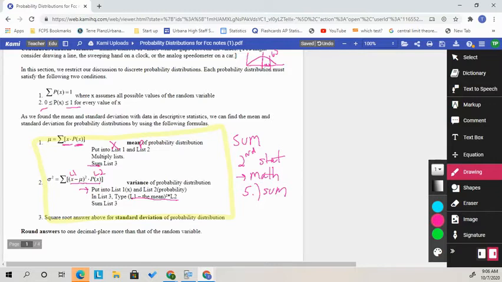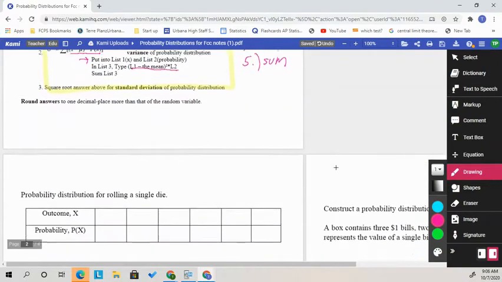All right, so we're going to do 2 things here today. We are going to calculate the